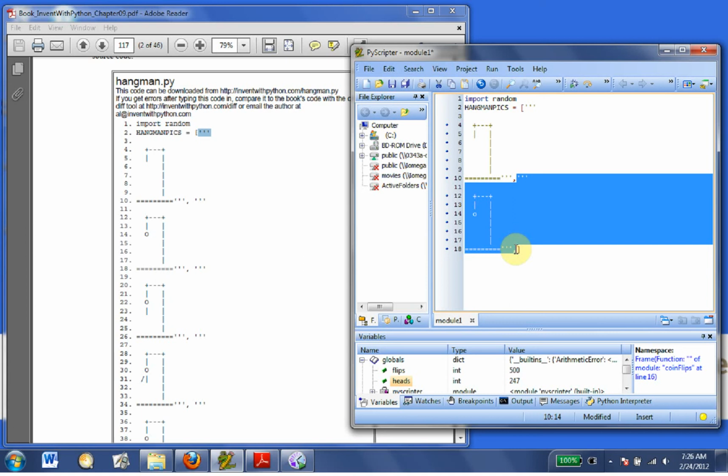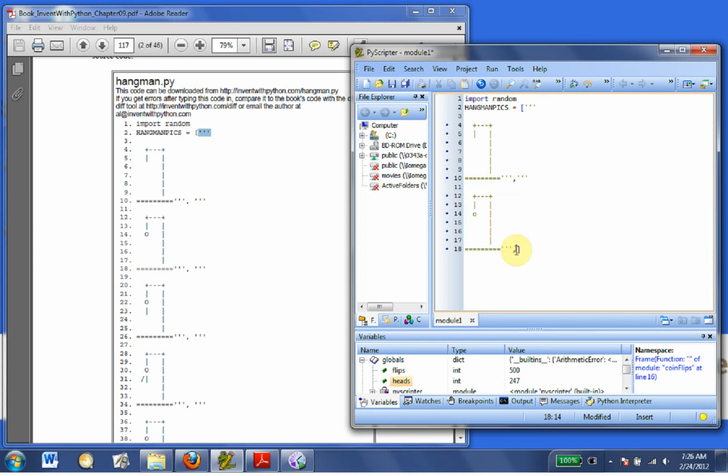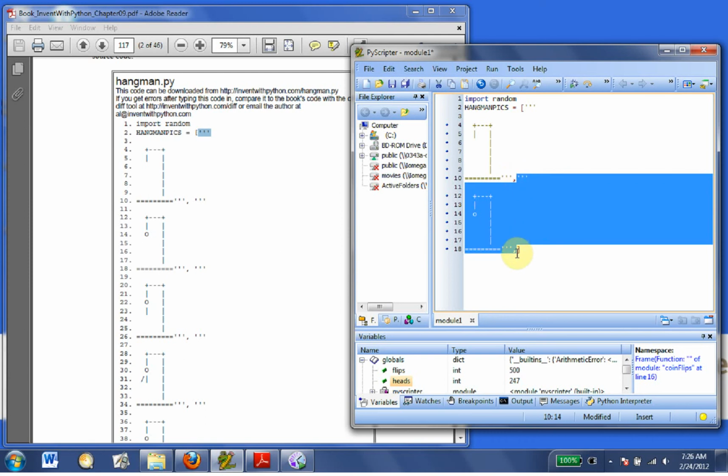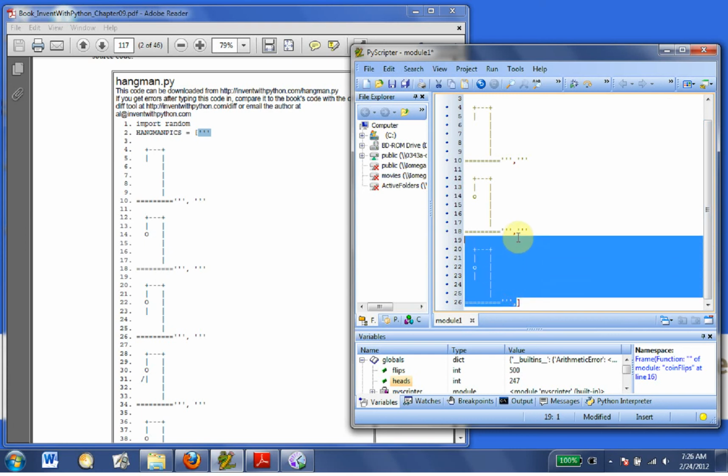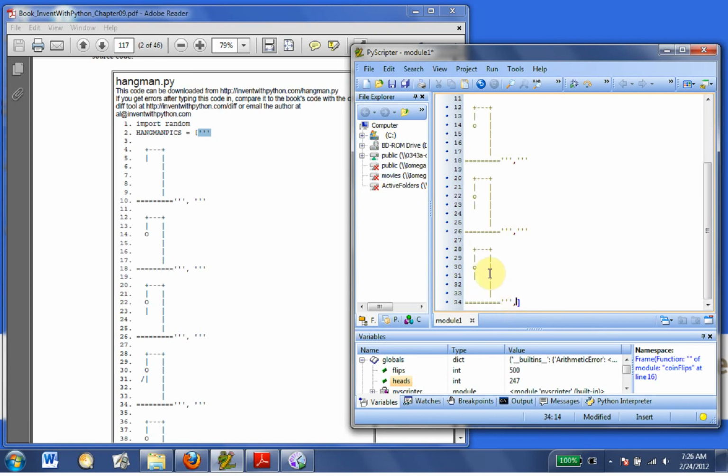Okay, so now I'm going to copy. It's very important if you're going to start copying and pasting, it's easy to make mistakes. So you notice that this comma right here is really the separation between the two. So I just go up and I do from comma to the character right after the last comma. Copy it and then paste it. Okay, so on the next one, the only difference is that we delete a space just under the head. We add a pipe for the body. Okay, I go back up, I copy that one, copy, paste,